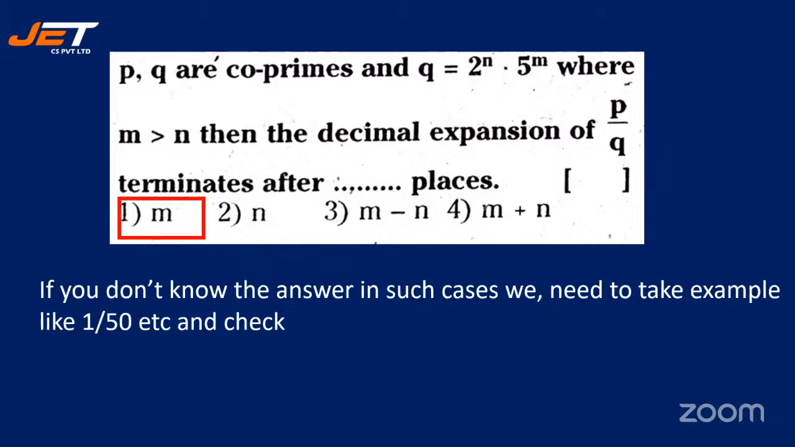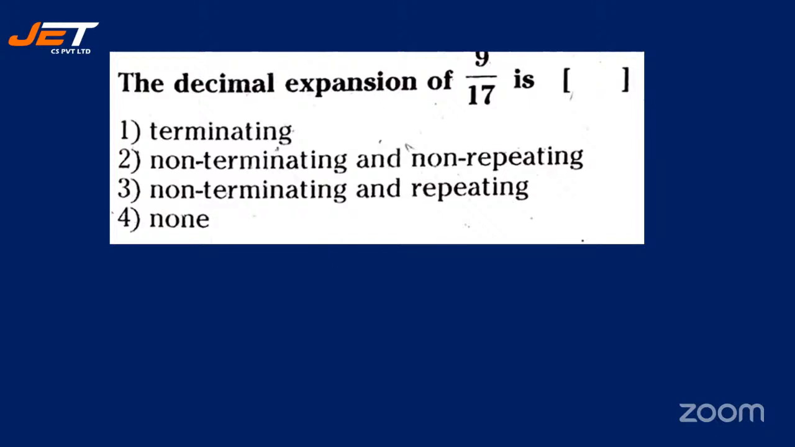If you don't know the answer in such cases, we need to take an example like 1 by 50 and so on, and then check. The decimal expansion of 9 by 17 is dash. Terminating, non-terminating and non-repeating, non-terminating and repeating, or none. So I'm giving you time, quickly work it out and then give me the answer. 1 full minute can be